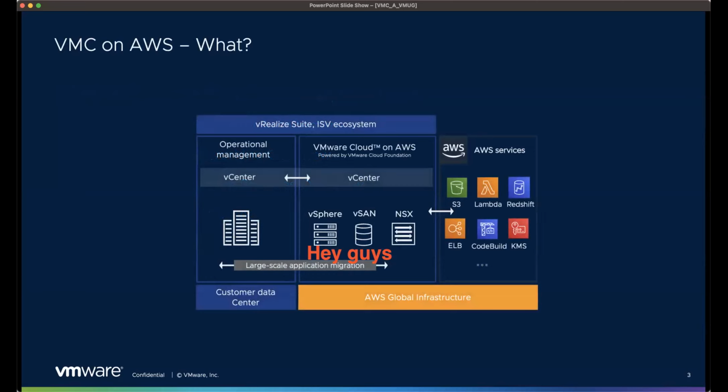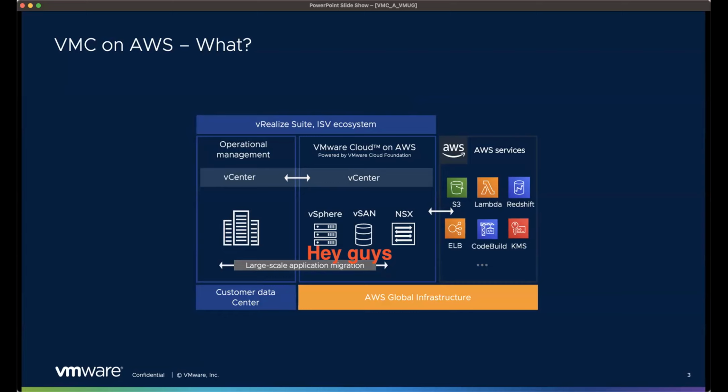Okay, so what is VMware Cloud on AWS? So VMC on AWS is VMware's software-defined data center stack, that being vSphere for compute virtualization, vSAN for storage virtualization, and NSX for network virtualization, running on AWS global infrastructure. So it's essentially a bundle of all of our core infrastructure products that are running on AWS bare metal instances in the AWS